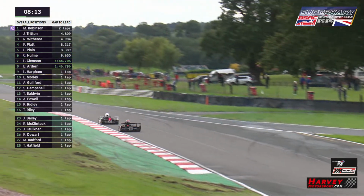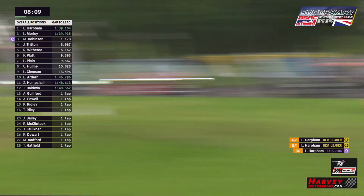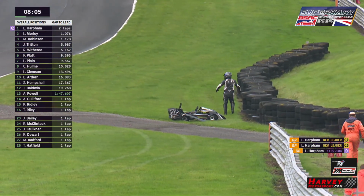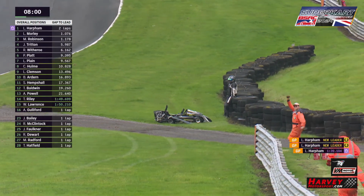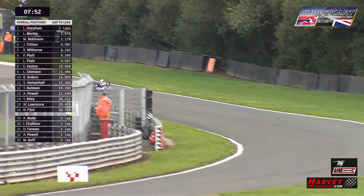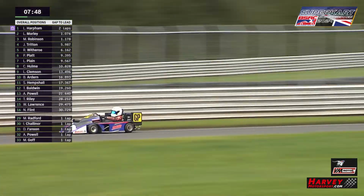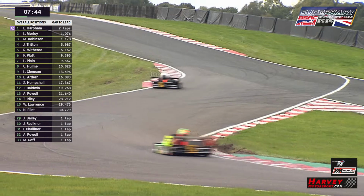Meanwhile, number 49 Michael Parr, the yellow kart, does seem to be having some troubles. It's going very slowly indeed, and now it seems to have pulled off going up Clay Hill. And the 132 has just gone straight into the barriers going up Clay Hill. So yeah, the 132 looks like it's quite seriously damaged at the front. That won't be going any further, I'm afraid. Yeah, Jordan Bailey out of the car, but I don't think Carpenter's